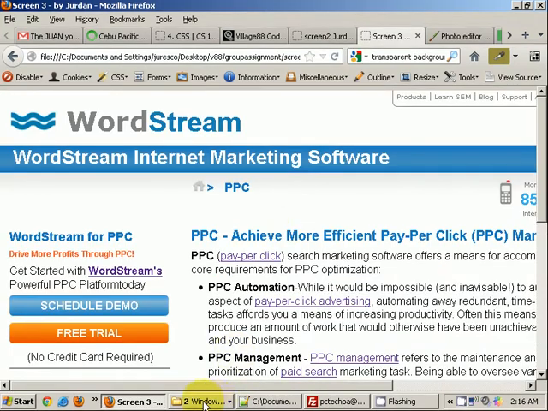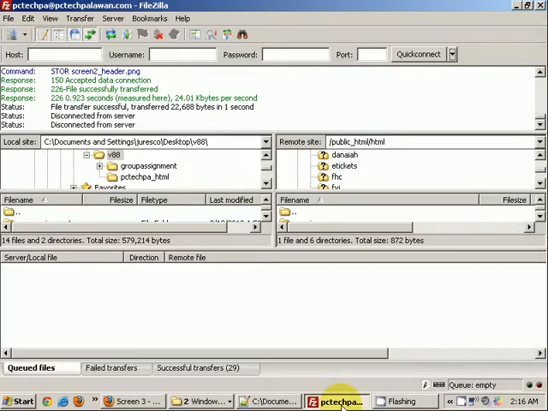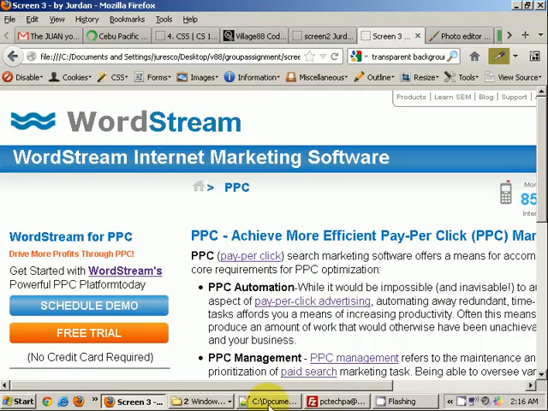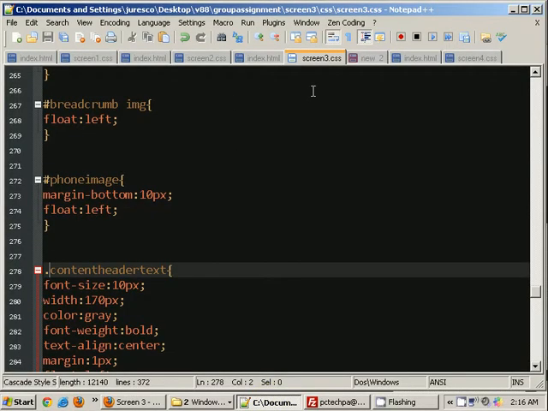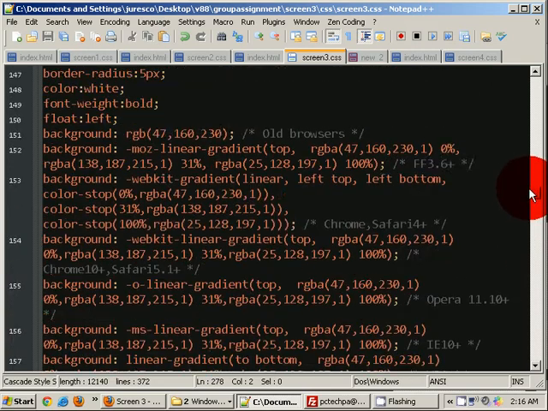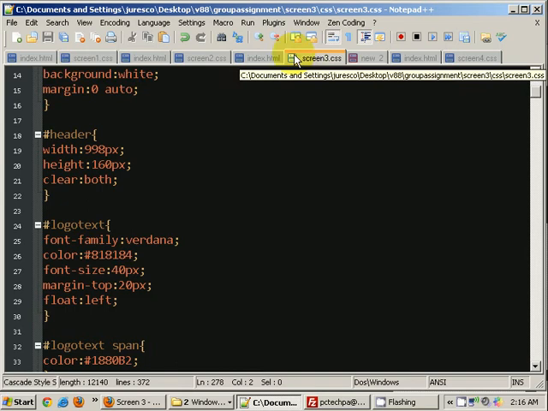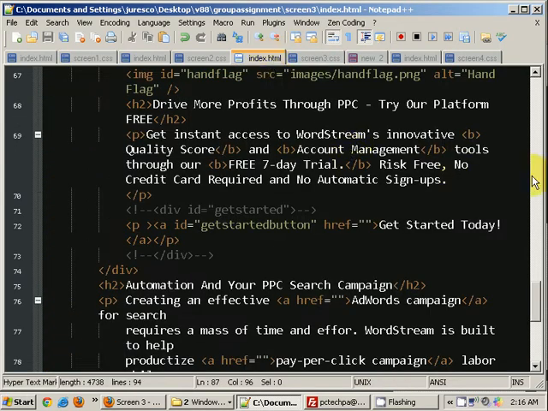And now for coding, actually, screen 3 CSS is here. Minimize and remove all the, you know, extra stuff that I don't need based on my view here in the codes.